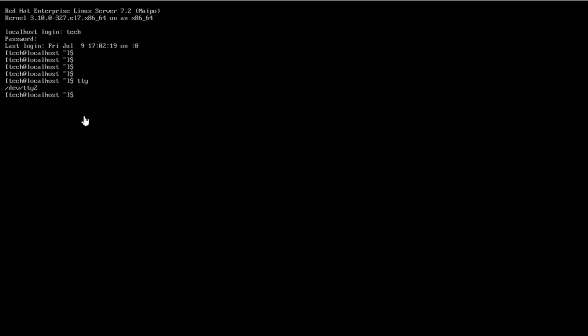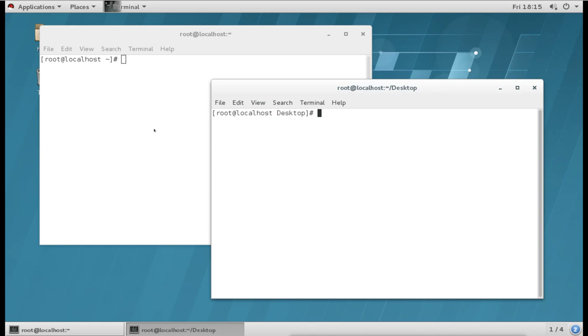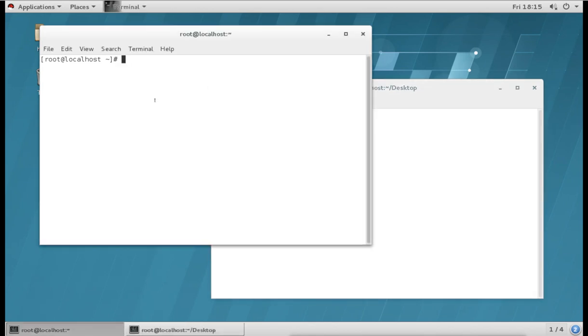If I go to the other terminal, let's say F5, and here I run the command tty, it shows that this is tty5. Now if I go to the graphical one and run the command tty, it shows PTS0. PTS means pseudo terminals.